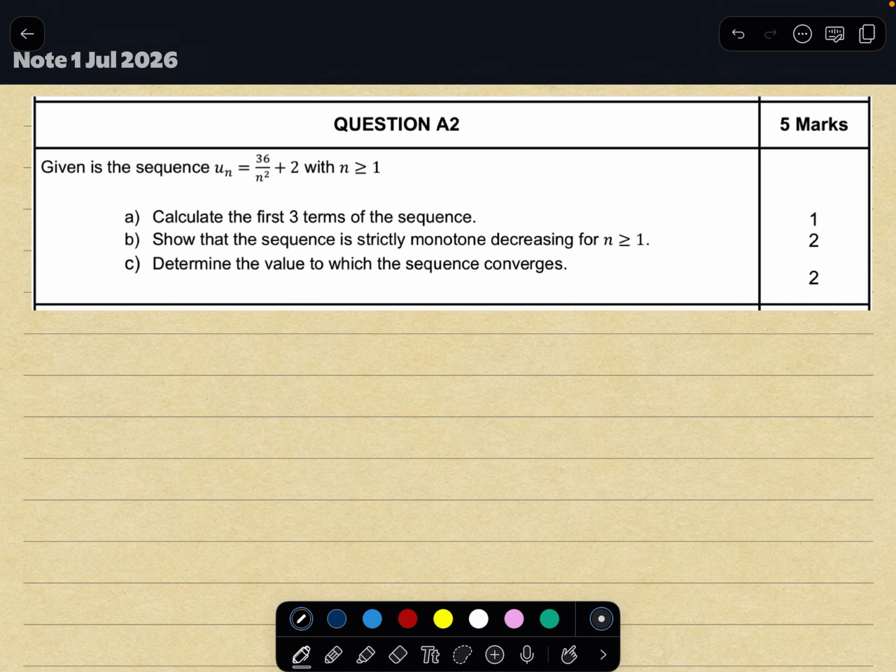Question 2 of part A. Given is the sequence u_n equals 36 divided by n squared plus 2, with n greater than or equal to 1. Things to notice right away: this sequence is given to you explicitly, and n is greater than or equal to 1. So the first term is going to be u sub 1, not u sub 0. Looking at that explicit form of that